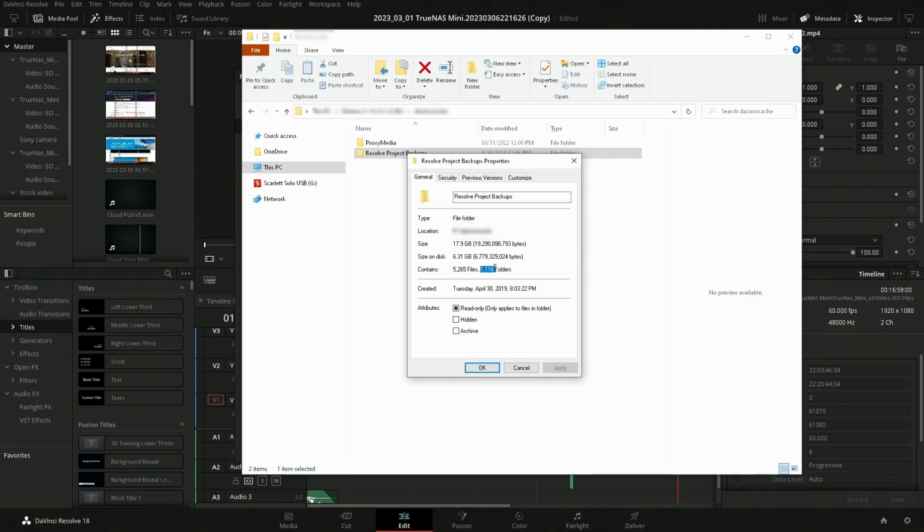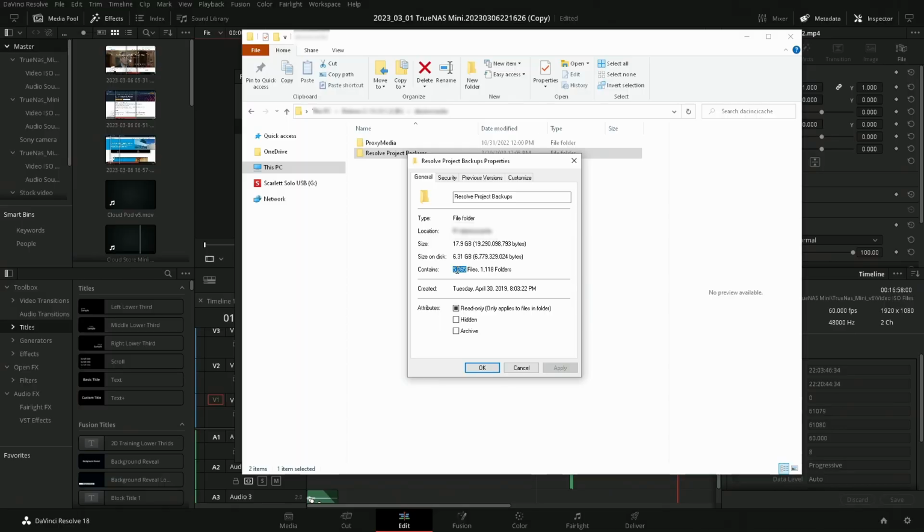I have 1,100 projects. And for that, with my particular settings, now you could end up having more per project, but my particular settings, I have 5,000 backups. And you can see for those 5,000 backups, I only have 18 gigs worth of space used. So if you asked me, 18 gigs versus losing a day's worth of work or a week's worth of work, is this beneficial to have running? In my opinion, yes, it's definitely beneficial to have running because it just saves so much time for that project